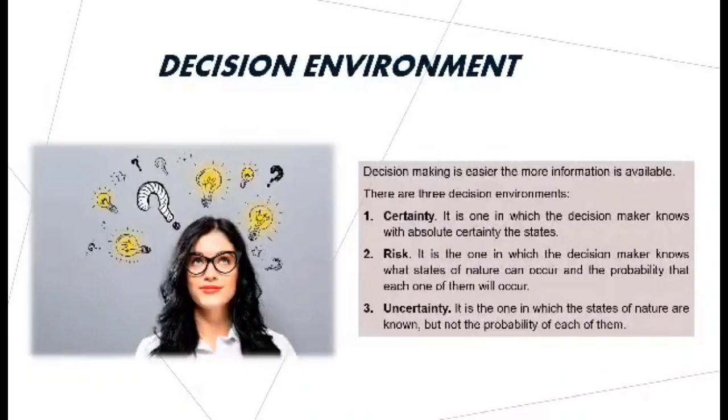Decision environment. Decision making is easier the more information is available. There are 3 decision environments. Certainty is one in which the decision maker knows with absolute certainty the state of nature that is going to occur. Knowing the state of nature that is going to occur, the problem is reduced to evaluating the different outcomes in economic terms and choosing the strategy that leads to the